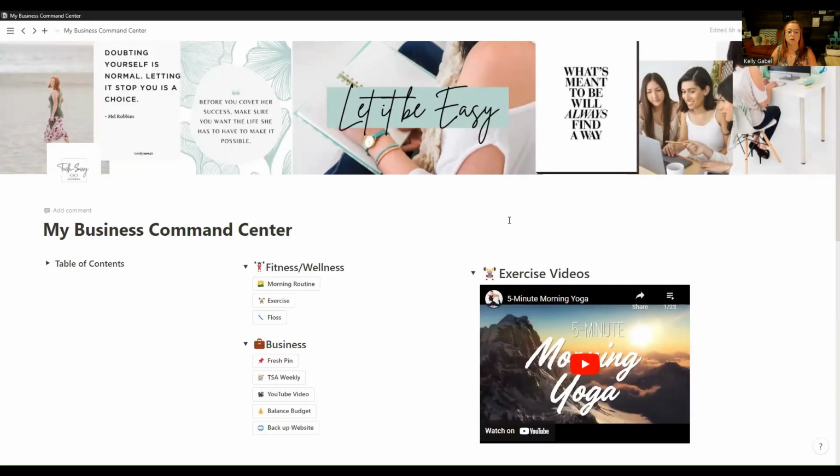So let me show you what I've got. The first thing you're going to notice is that this looks very different, right? This looks more like a website almost, which is one of the things that I love about Notion. You can see that I was able to customize and create a fun collage cover up here, which is similar